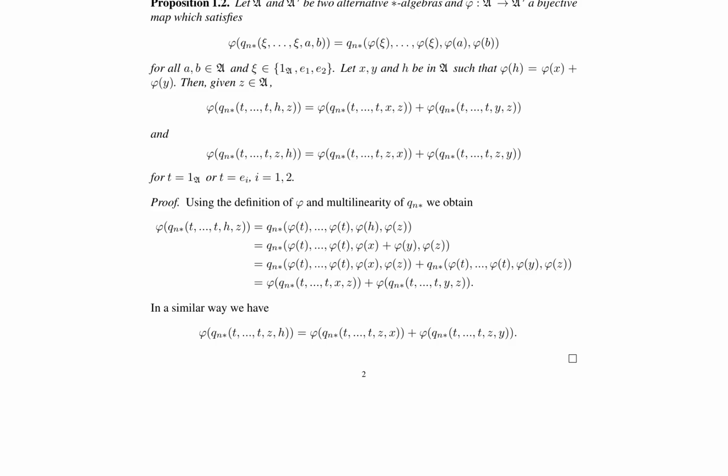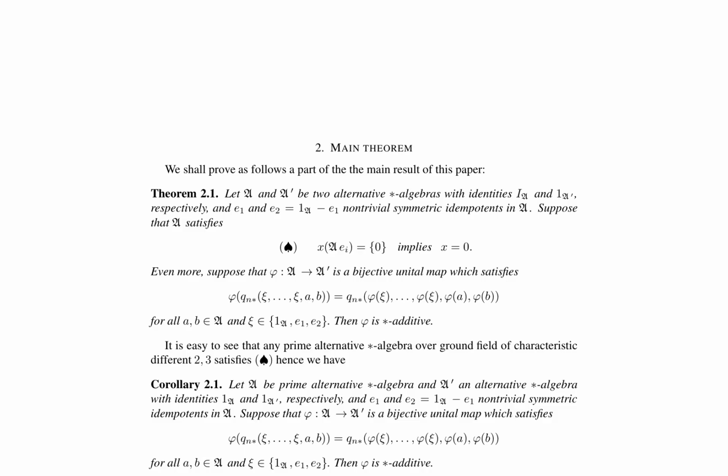or objective. A main theorem is presented, establishing a connection between two alternative *-algebras, A and A', with identities I_A and I_A', respectively. This theorem states that if A satisfies the condition (♠), where xAᵢ = 0 implies x = 0, and there exists a bijective unital map φ from A to A' preserving certain quadratic expressions involving idempotents E1 and E2, then φ is *-additive. This result has significant implications for prime alternative *-algebras over ground fields of characteristic different from 2 and